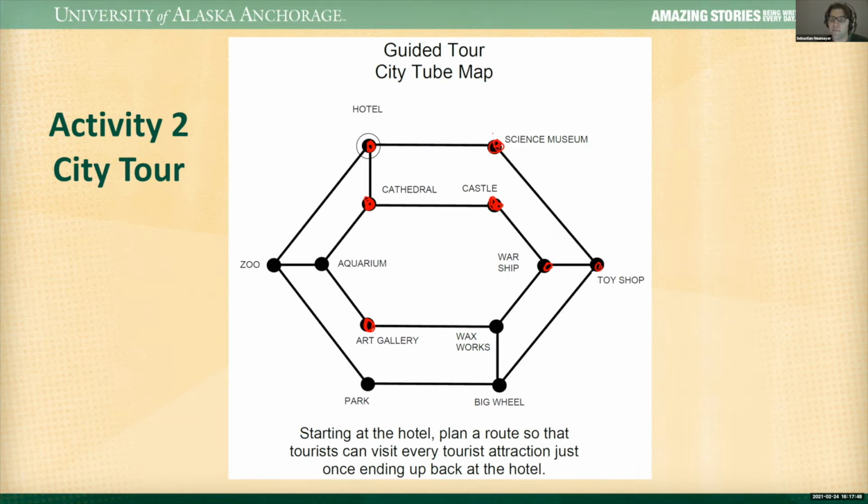And the buses only directly go from the hotel to the science museum, to the cathedral, and to the zoo. If you wanted to get to the aquarium, you'd first have to go from the hotel to the cathedral, and then take the bus from the cathedral to the aquarium. So instead of mapping out the city streets, you can have this connectivity graph. You can say, from the cathedral, where can you get to immediately? What I've showed you is what we call in computer science a graph.